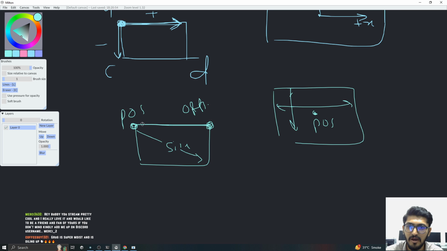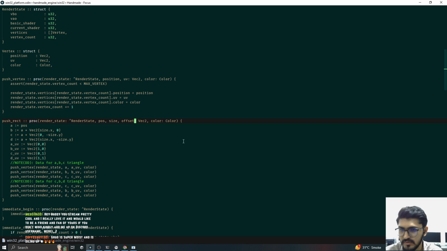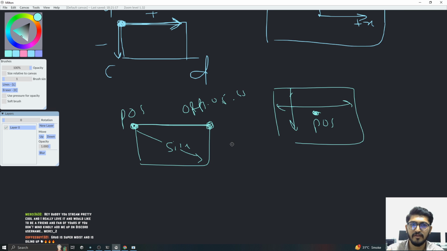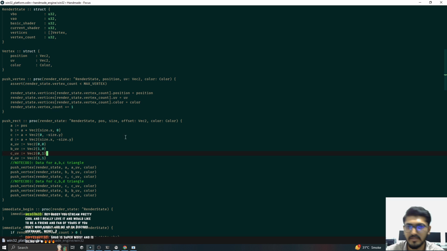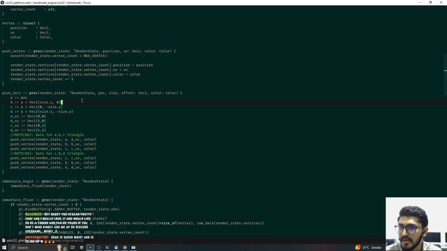So offset is basically how much the incoming position should be offsetted to draw in the center. So if we pass in 0.5, 0.5, our position would be offsetted by 0.5, 0.5, and our position would be here and draw at the center. If we define our offset to be 0, 0, our position would be here. If I define our offset 1, 0, my position would shift here, right? And how do we do that? So the way we do that is,